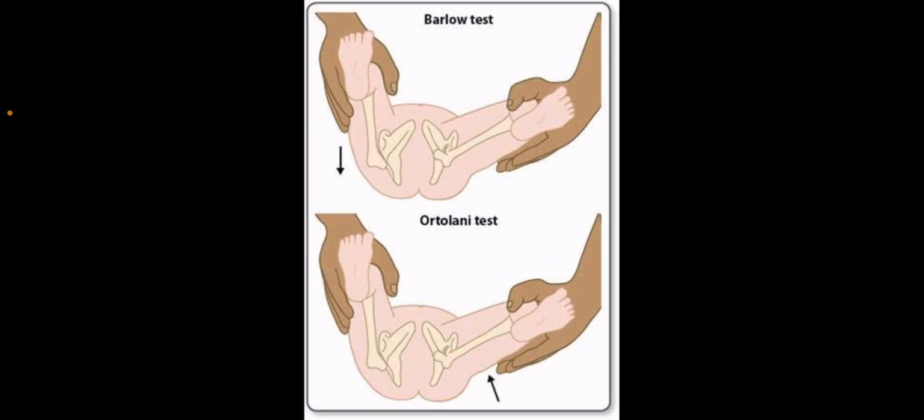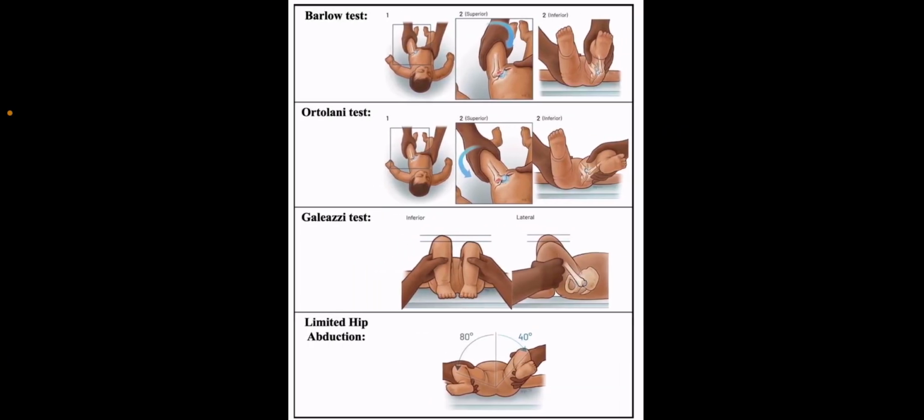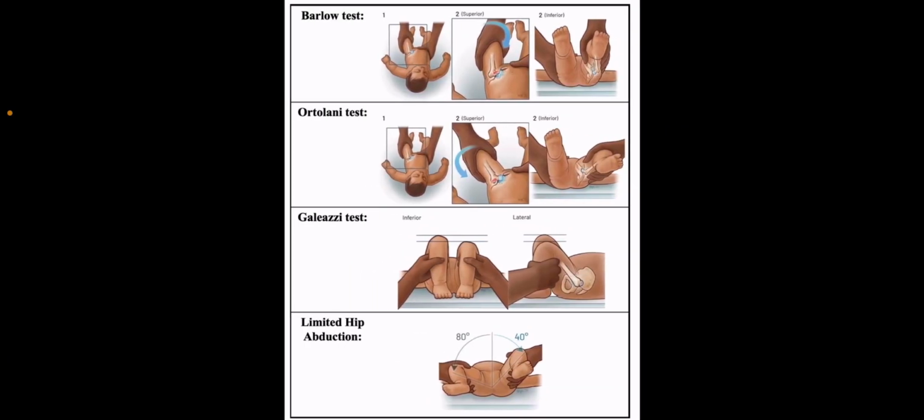Galeazzi, or Allis: apparent limb length discrepancy due to a unilateral dislocated hip, with the hip flexed at 90 degrees and feet on the table. The femur appears shortened on the dislocated side. Physical exam, greater than 3 months to 1 year: limitations in hip abduction and leg length discrepancy